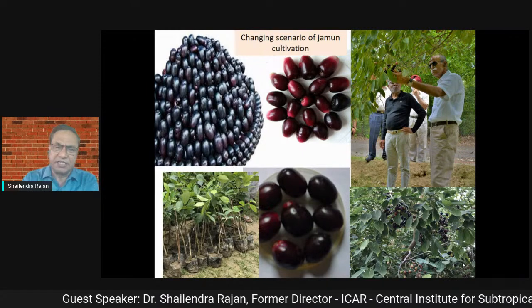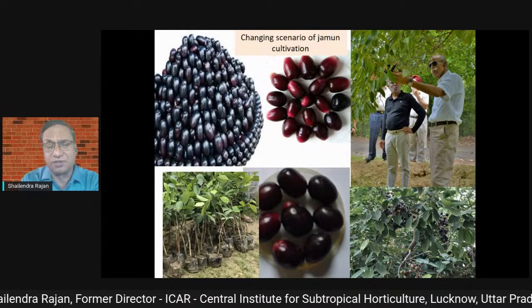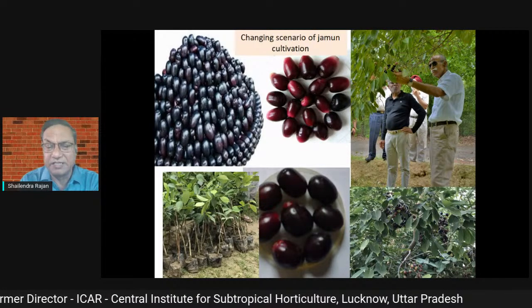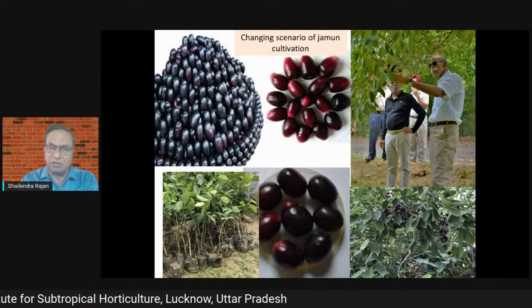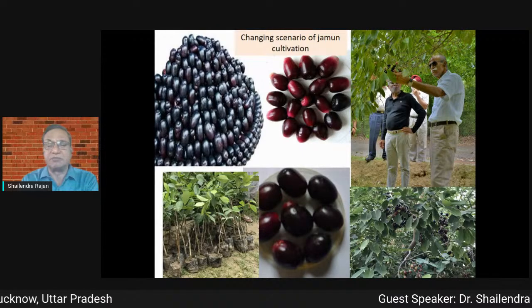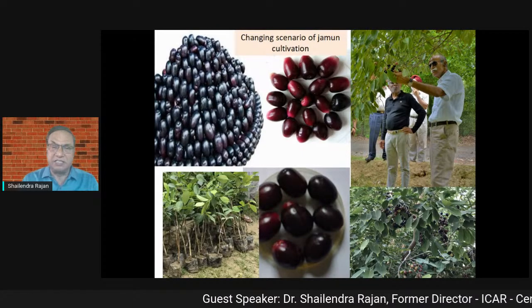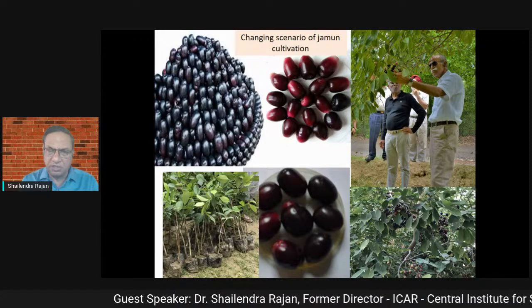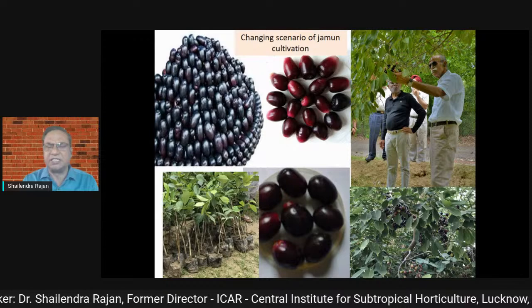Our Dr. A.K. Singh at CISH and Dr. A.K. Singh at Godhra have worked a lot on these varieties, and varieties with more than about 90% pulp are available. Seedless varieties are also available, and training and pruning systems are making it a crop for the organized orchard. Otherwise, this crop was only grown at the boundary,